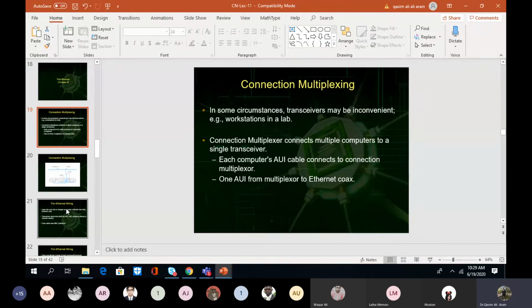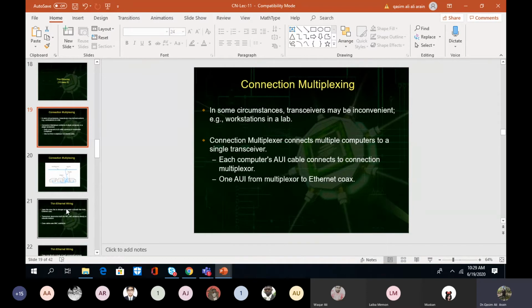One AUI from multiplexer to Ethernet coaxial cable. Now see, in a smaller situation, if you have one or two computers, that is fine. You have the thick cable, the transceiver and the network interface card, and all are connected with an AUI cable. But if you have a larger number of computers,